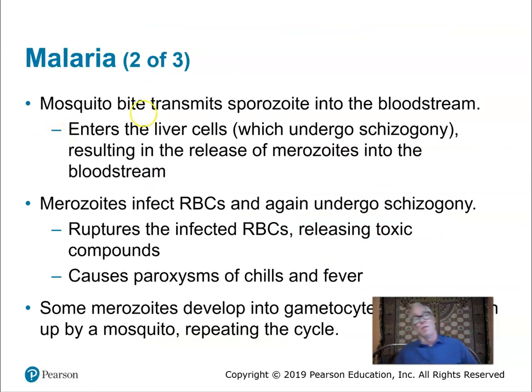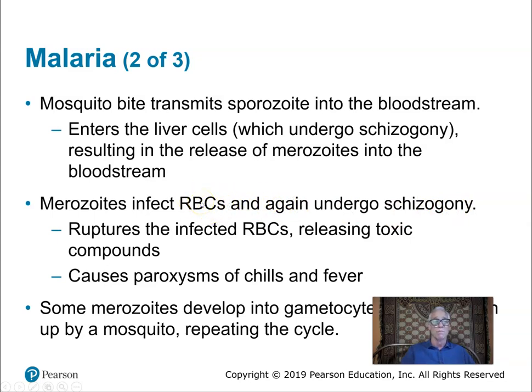So the mosquito is the definitive host, and it transmits sporozoites into the bloodstream of the human when it takes a blood meal. The sporozoites go to the liver, undergo schizogony, that sort of partial cell division where you have a whole bunch of nuclei, and eventually all of the divisions complete, separated into individual cells called merozoites. And those are released out of the liver cells into the blood, and they infect red blood cells. So the merozoites then multiply by schizogony again in the red blood cells, forming more merozoites, and they eat up